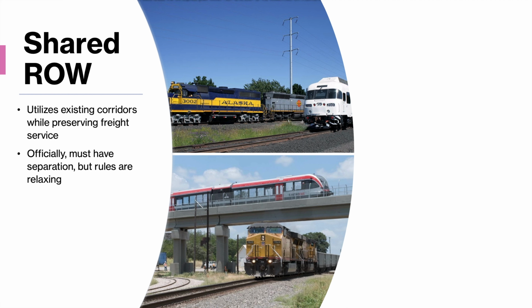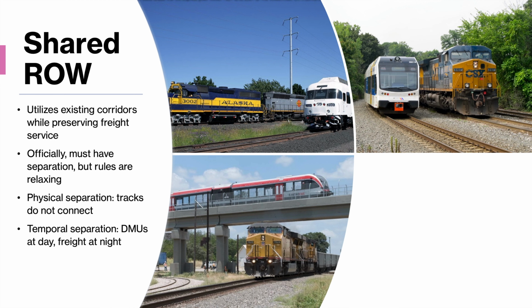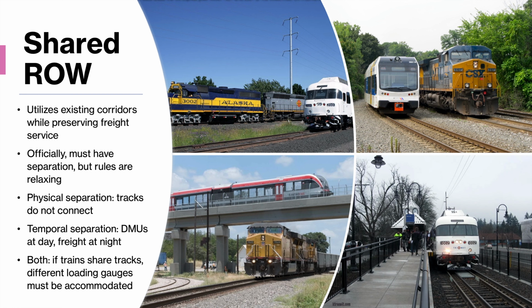Officially, there has to be some form of separation, but it looks like the rules are relaxing for a more European style of operation, hopefully sometime soon. And this can come in the form of physical separation, as in the tracks run next to each other but do not connect, or it could have temporal separation, where the DMUs run during the day and the freight trains